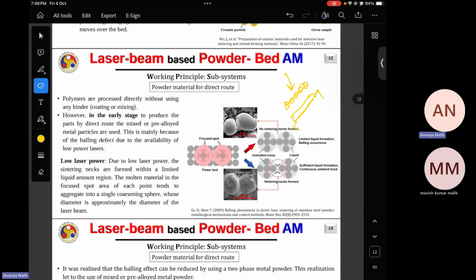There can be selective laser sintering as well, where there will be powder, and this time no coating, no binder will be present. The laser will come directly to the atoms. The atoms will get softened up, so they can reach their recrystallization temperature. They can go beyond the recrystallization temperature, but always below the melting temperature, so they can get softened up and make bonds like this. They can get joined.